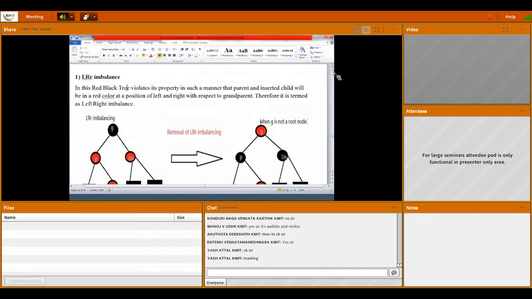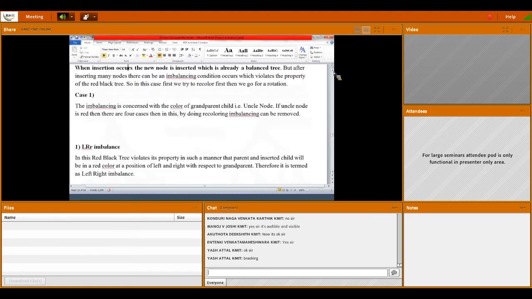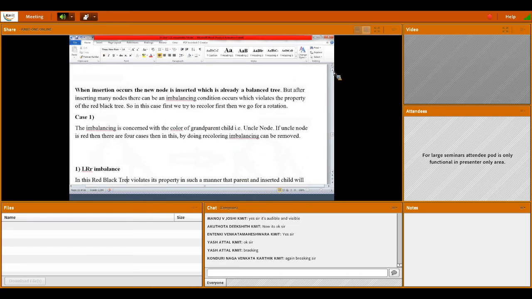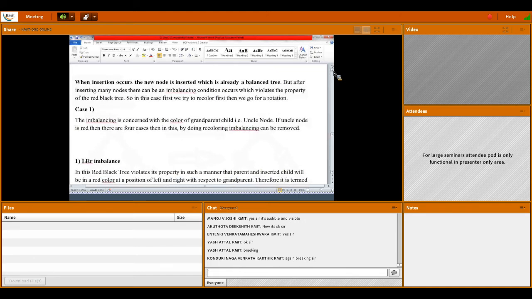If not, identify what exactly the problem is. Based on that, we will consider whether it is imbalancing or not. But after insertion, many nodes can be in an imbalance condition. That means it violates the property of the red-black tree. So then what kind of violation is it? So we will see.